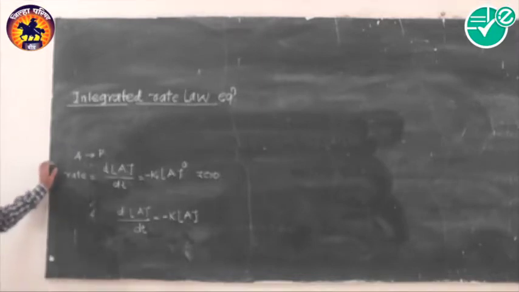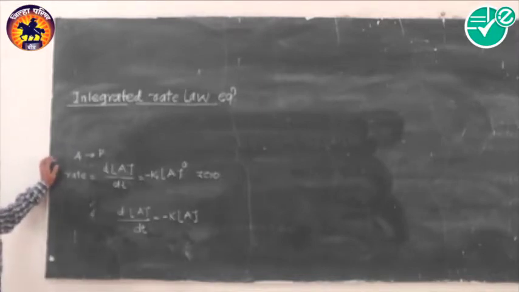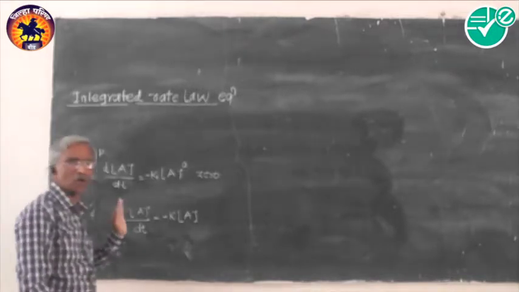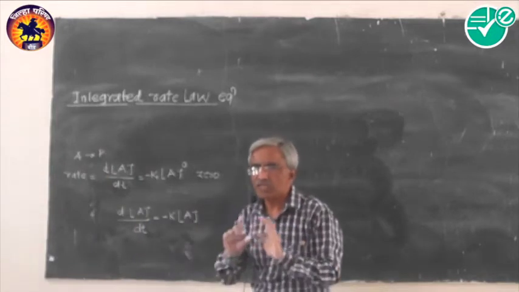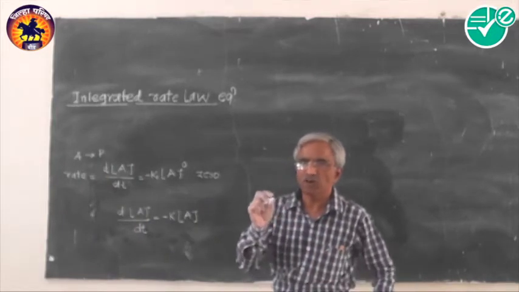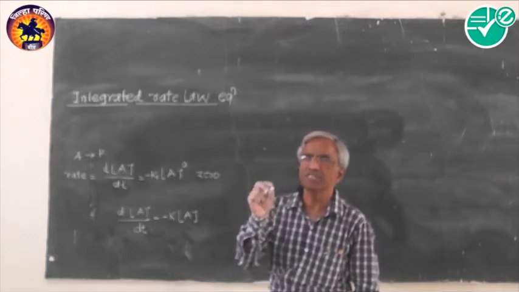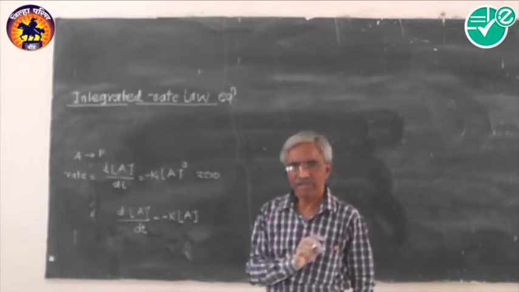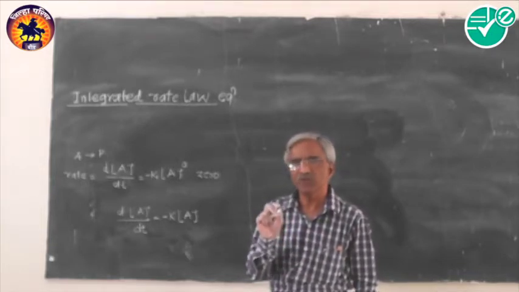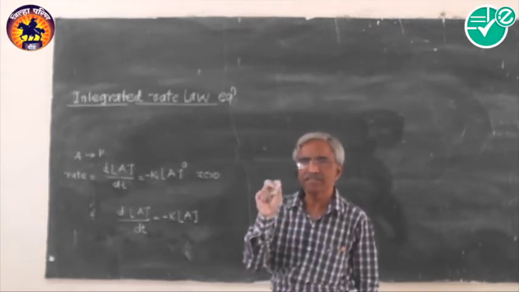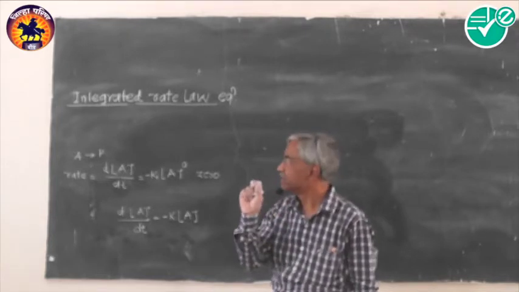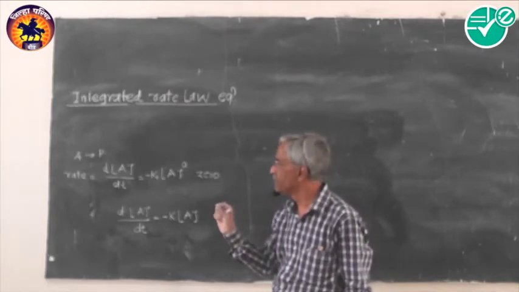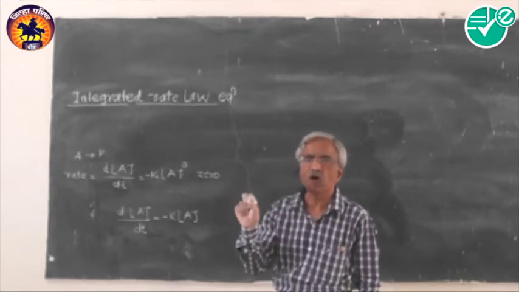Now the question is, why are we going for another mathematical equation of integrated rate law? The differential rate law equations do not give you the amount of concentration of the reactant, how much has been utilized and how much remains at different times. We also cannot calculate the concentration at different times, and therefore we are going for the integrated form.